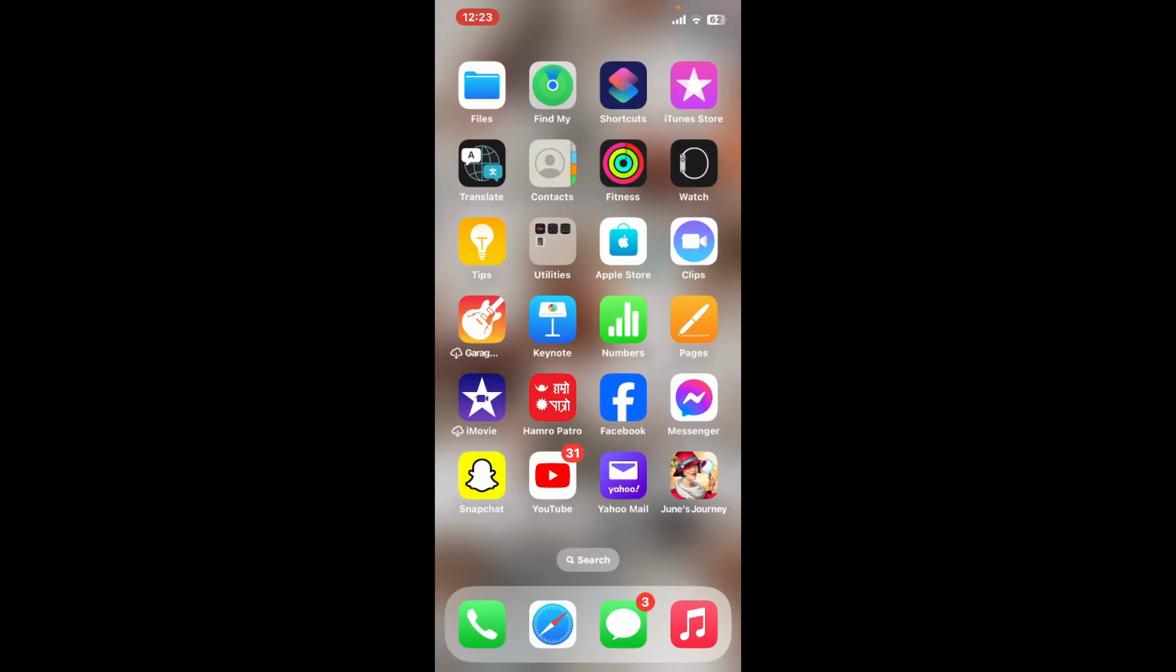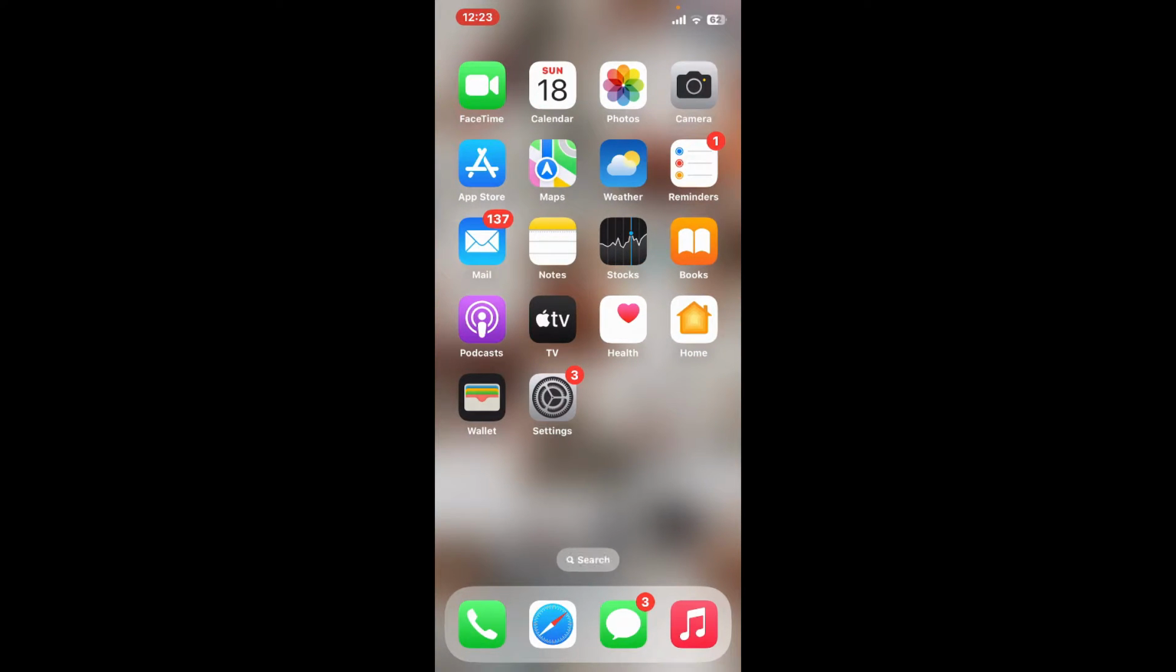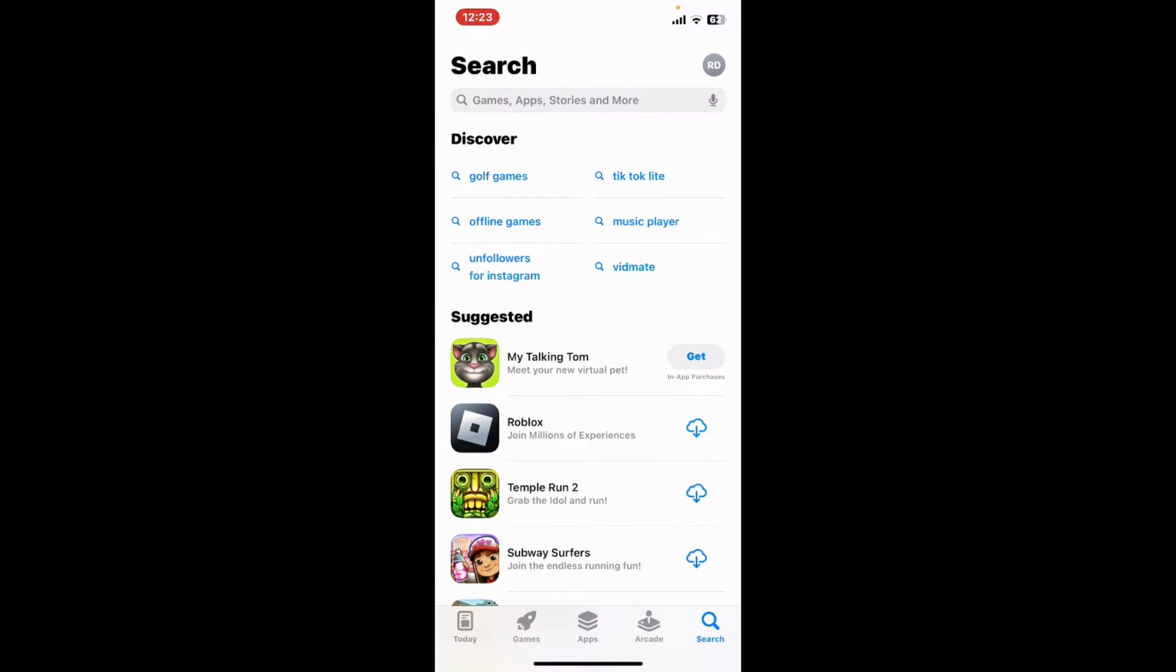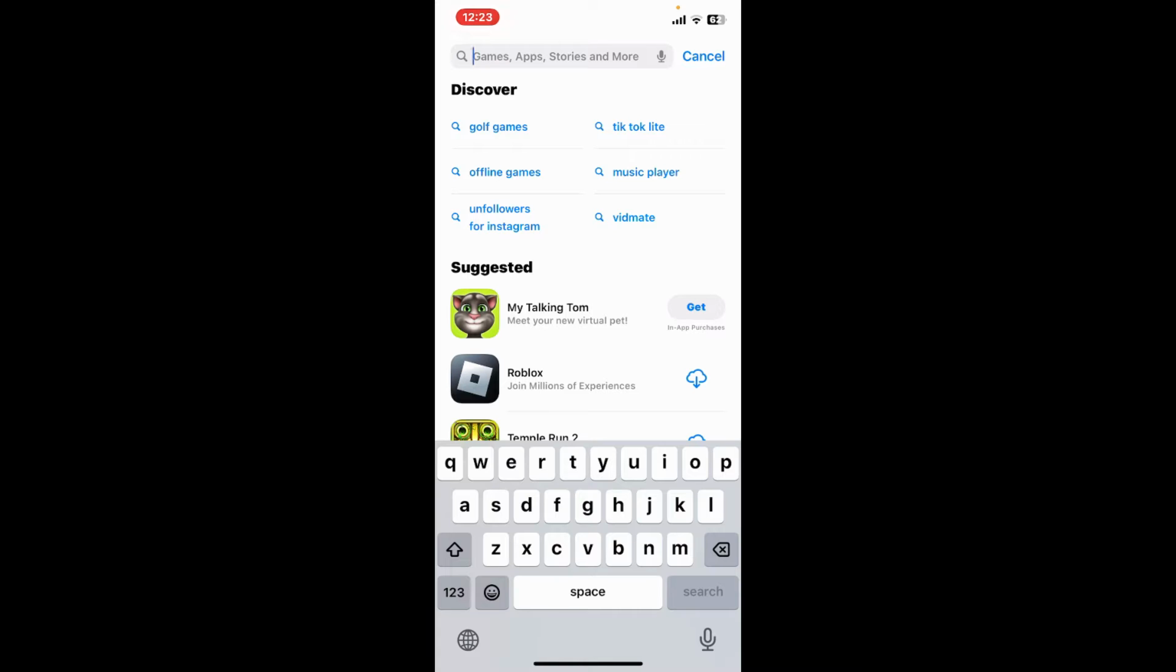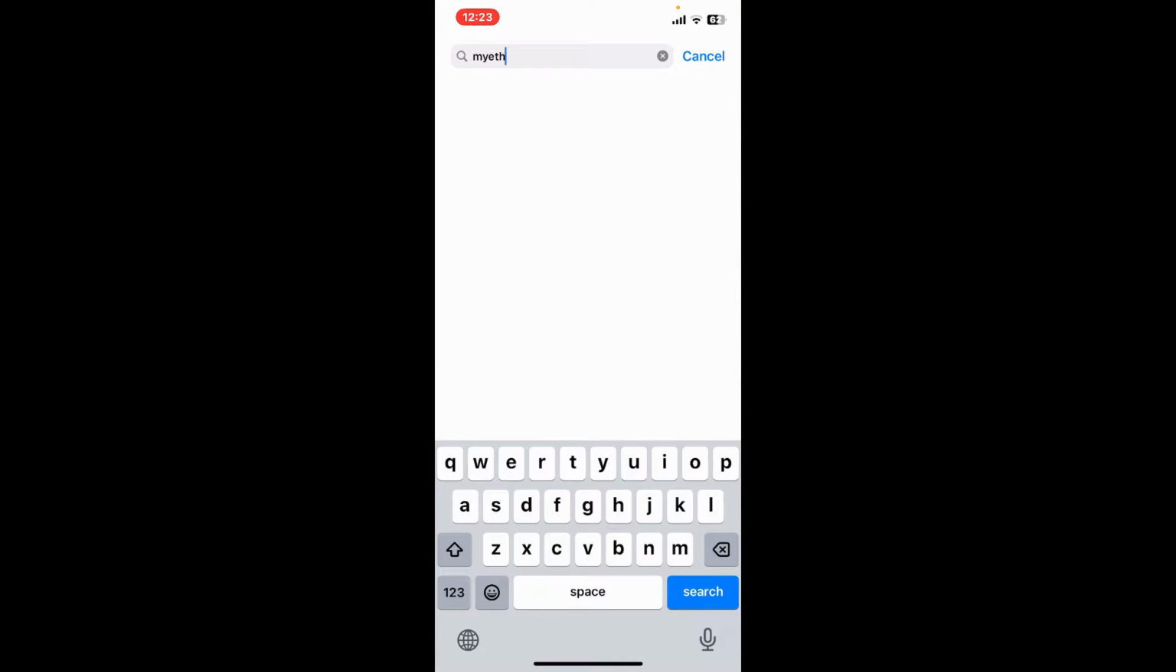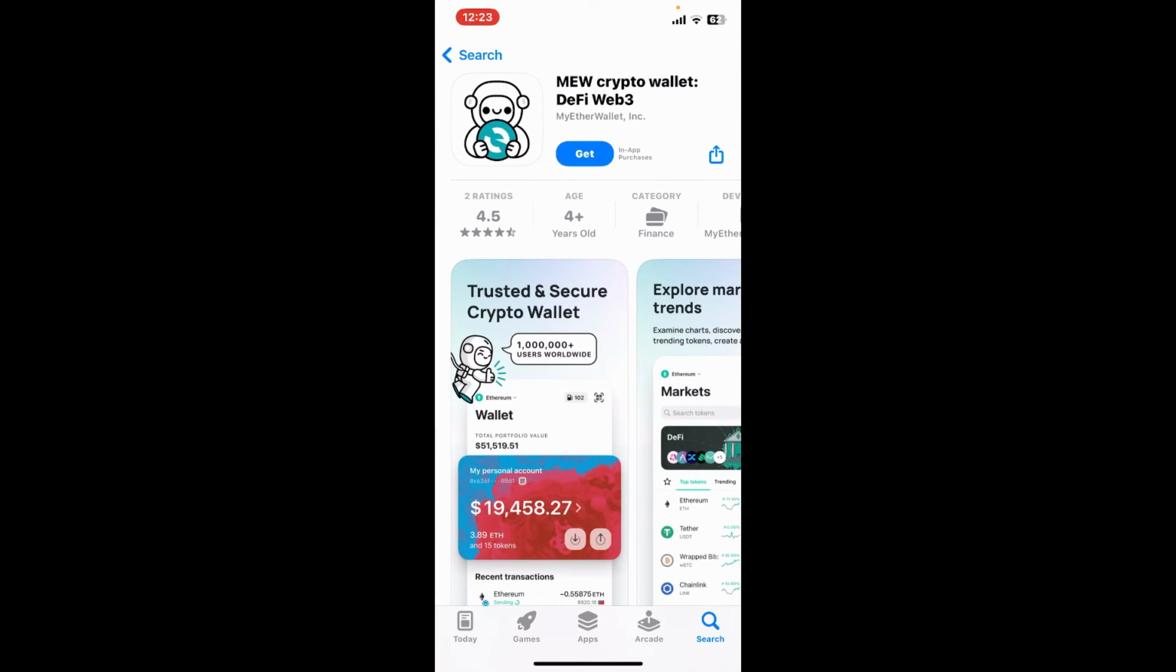First of all, make sure that your device is connected to a stable internet, and once it is, open your App Store. Go to the search box at the top of the screen and type in My Ether Wallet and search. Look for this application, MEW Crypto Wallet, and then tap on the Get button to start downloading the app